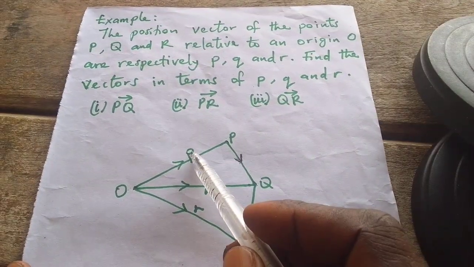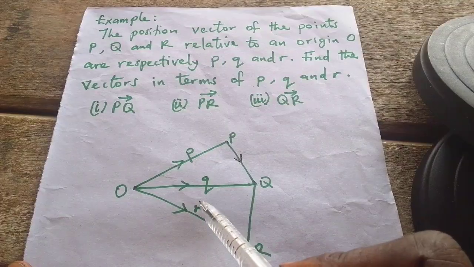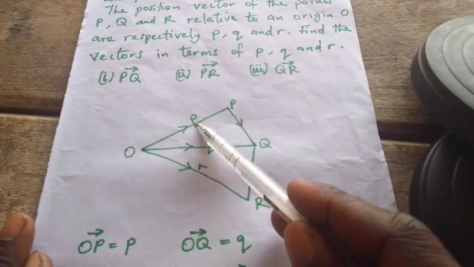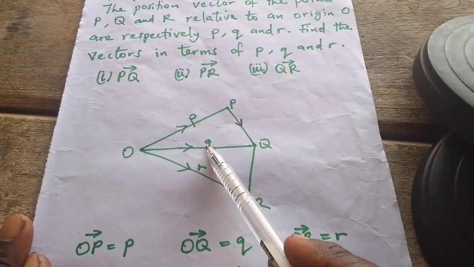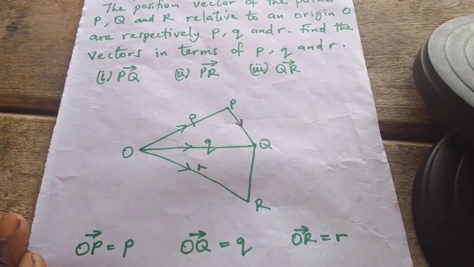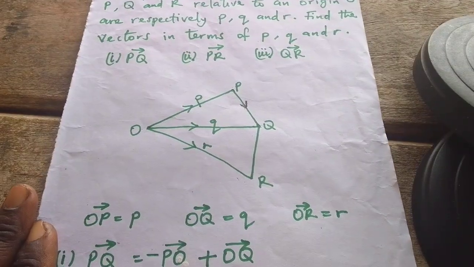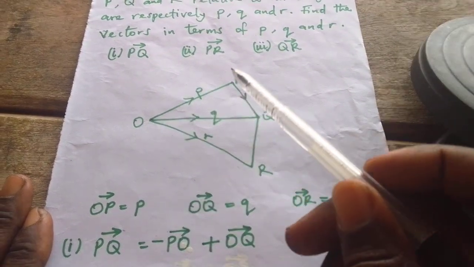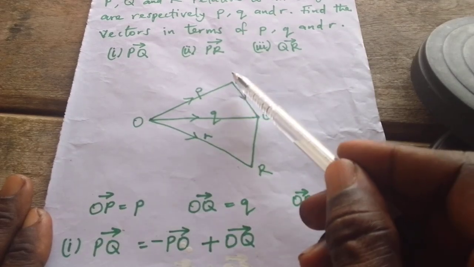We can use small letters to represent their position vectors. So OP is the same thing as p, OQ is the same thing as q, and OR is the same thing as r. So now, if we want to express PQ in relation to the position vector,